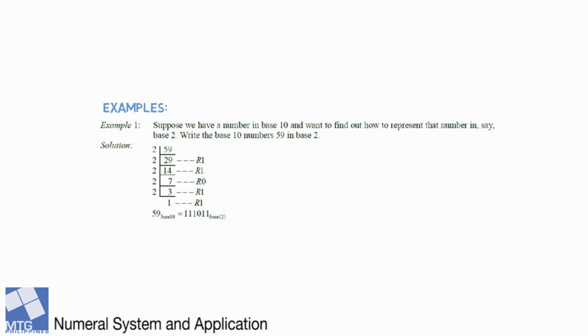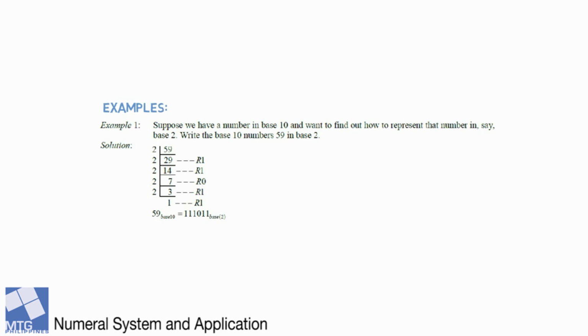Suppose we have a number in base 10 and want to find out how to represent that number in, say, base 2. Write the base 10 number 59 in base 2. Now, as we can see in our solution, given the number 59, we are going to divide it by 2. Note that when we divide 59 by 2, our quotient is 29 with a remainder of 1. Now, the process will continue